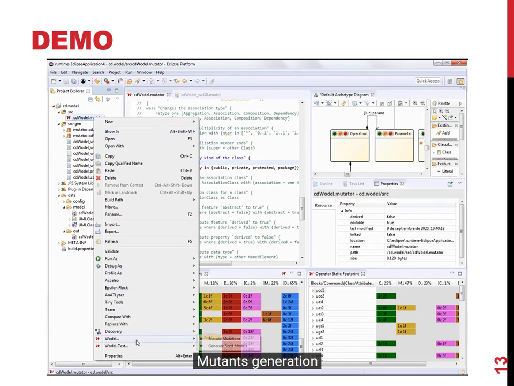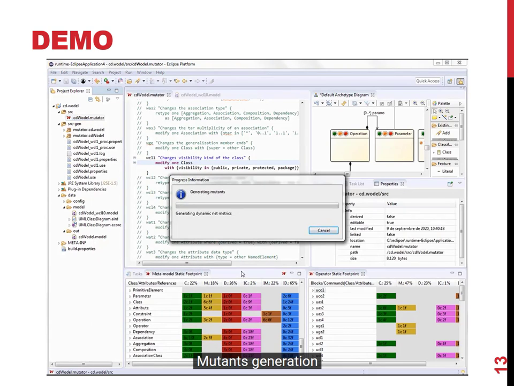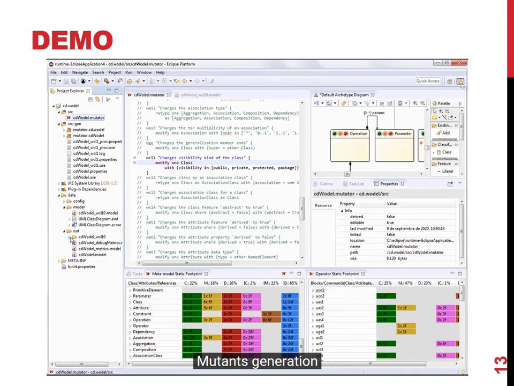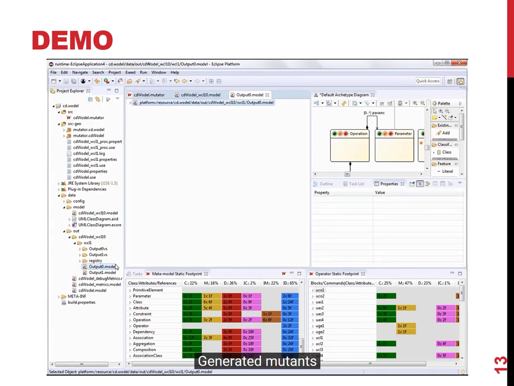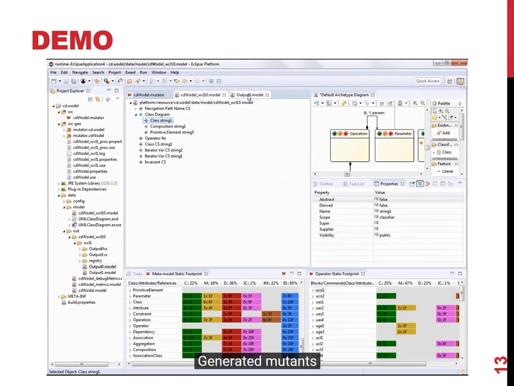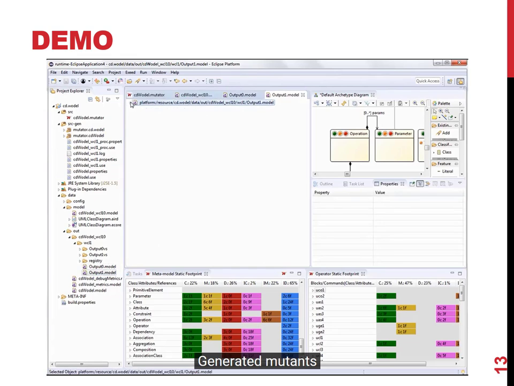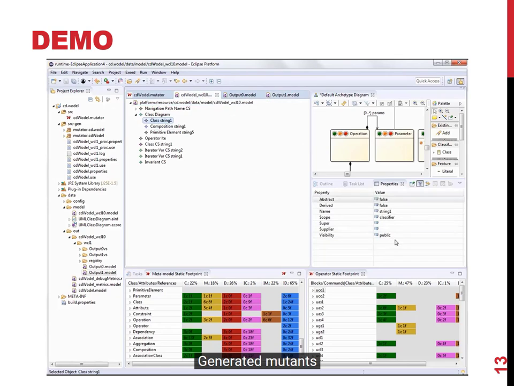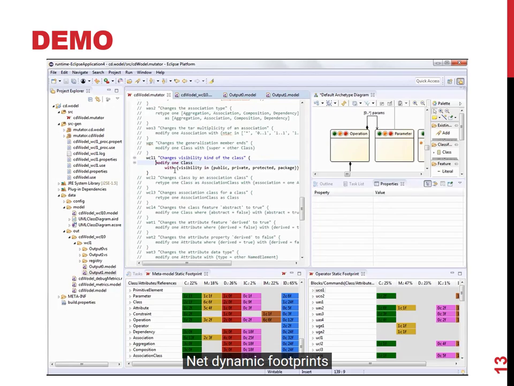with its visibility property set to public. Now we are applying the mutation operator, and these are the generated mutants. Now we can see that the generated mutants have the visibility property set to a different value from the one that was corresponding to the seed model. As we can see here, the mutation operator has been applied to the seed model and has generated 2 mutants,